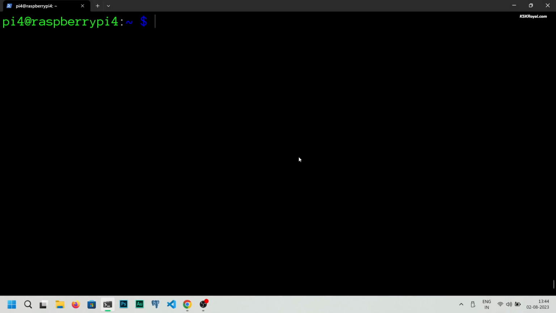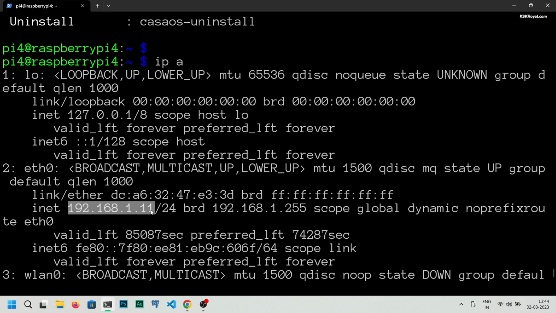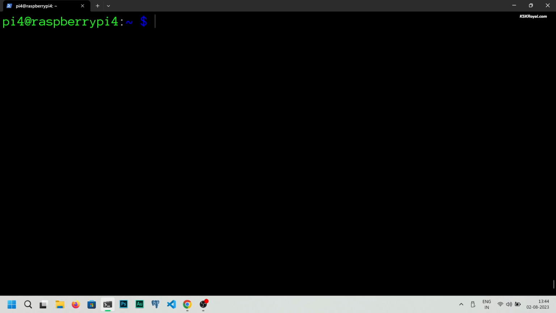It's time to set up the static IP address for your Raspberry Pi 4. As you can see, this is the current IP address of my Raspberry Pi 4. If you want to set up a static IP address for your Raspberry Pi, it's recommended to do so through your Wi-Fi router by reserving the IP address permanently. However, if you prefer another method, you can head back to the command prompt and type this command to set the static IP address.